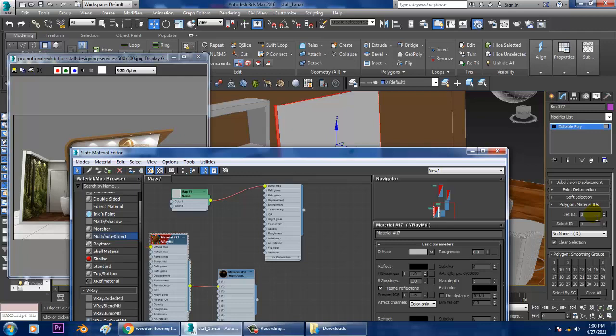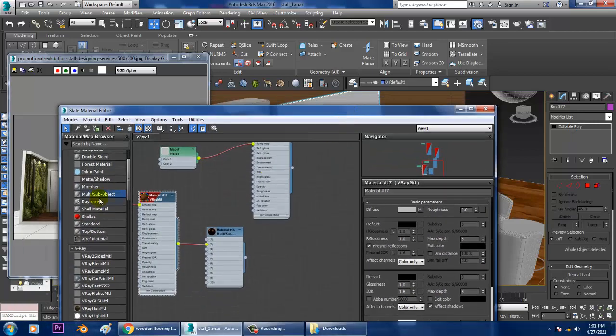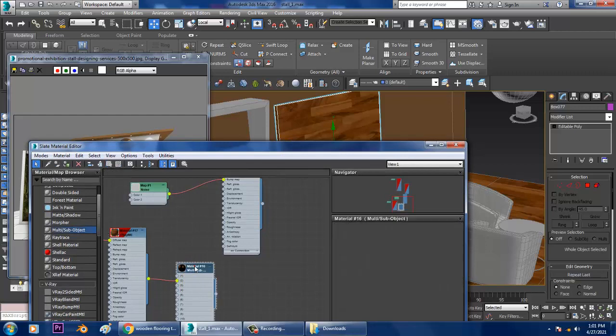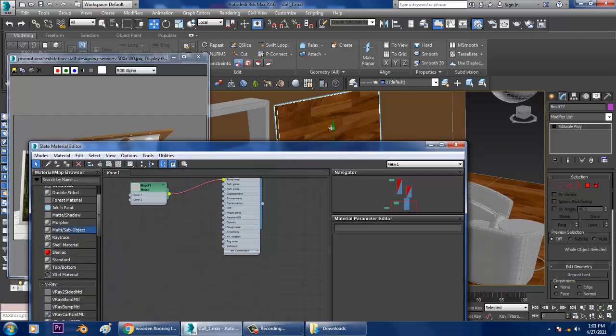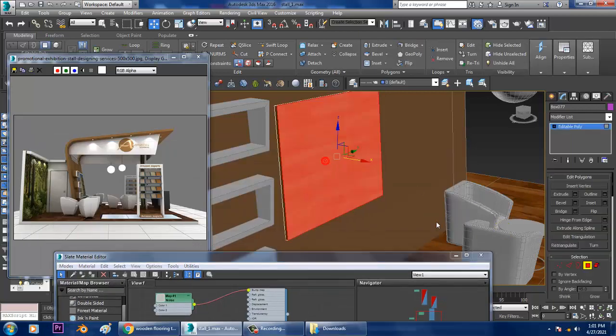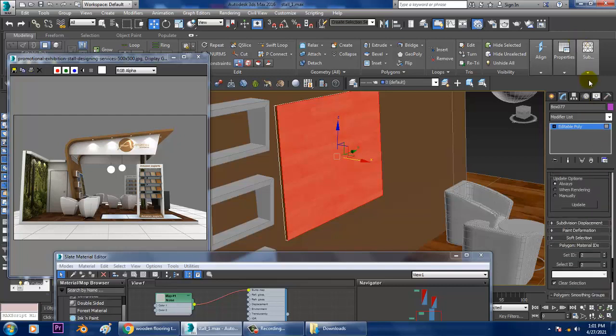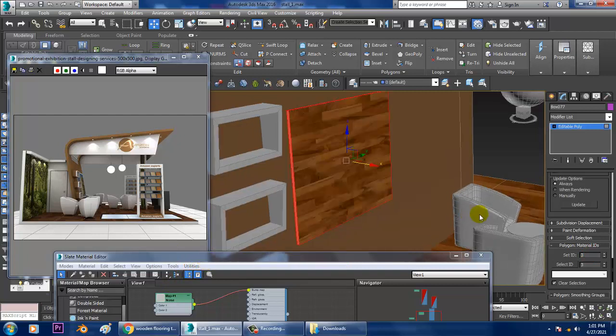We have to assign that on 2, right? So first of all, I'll delete it again over here. We have assigned this as an ID over here, that's your 2 ID, and over here I have assigned this as a 3 ID.